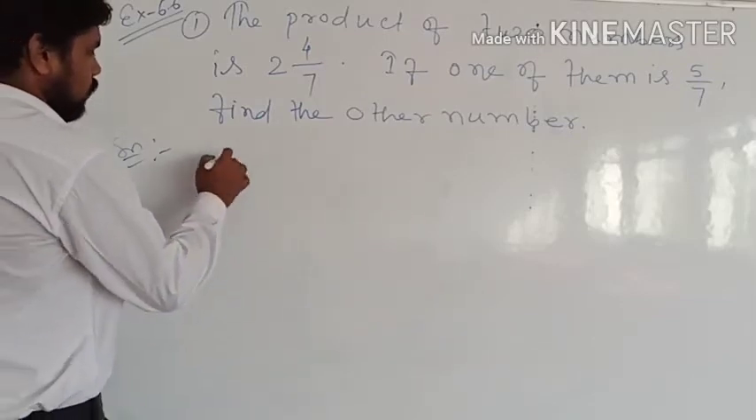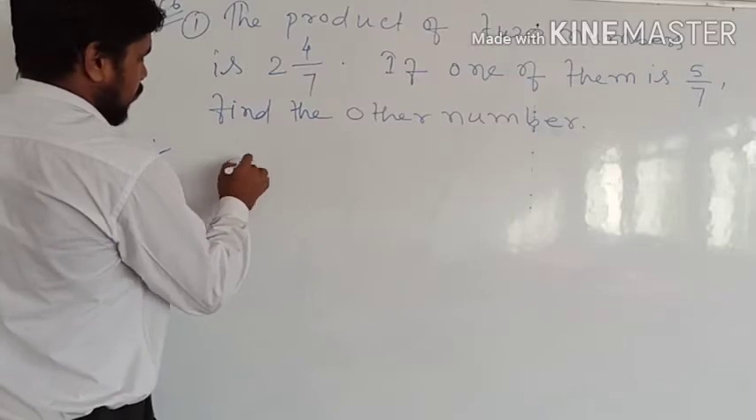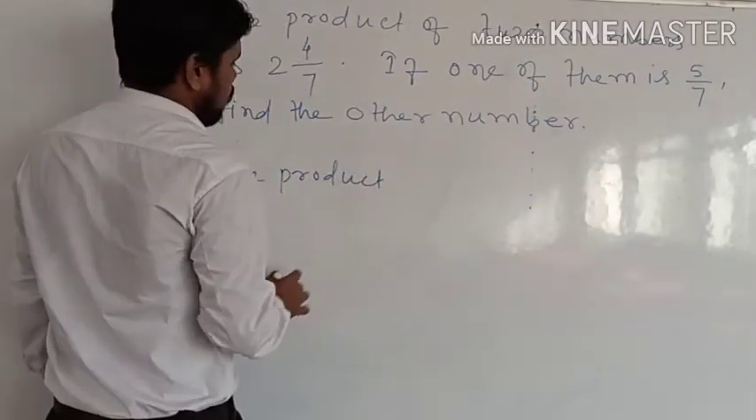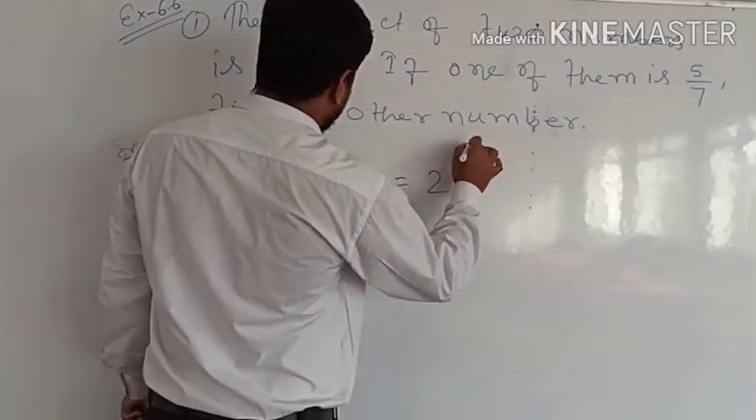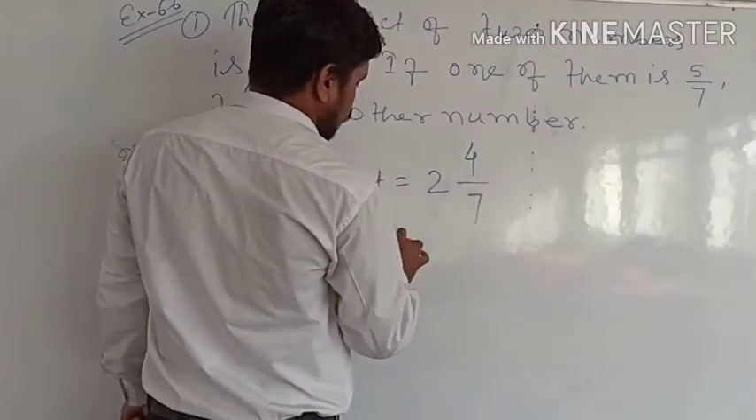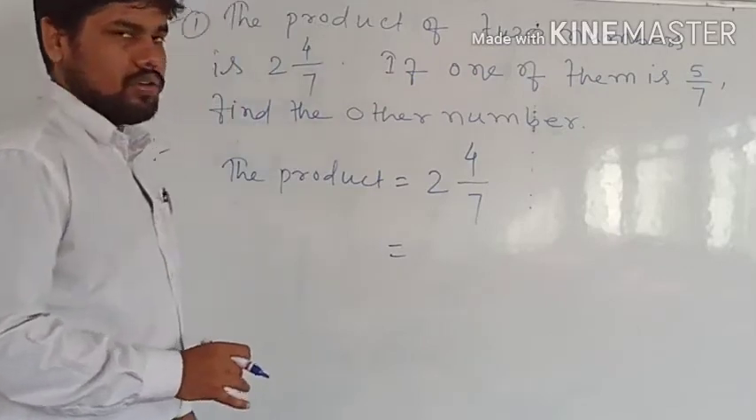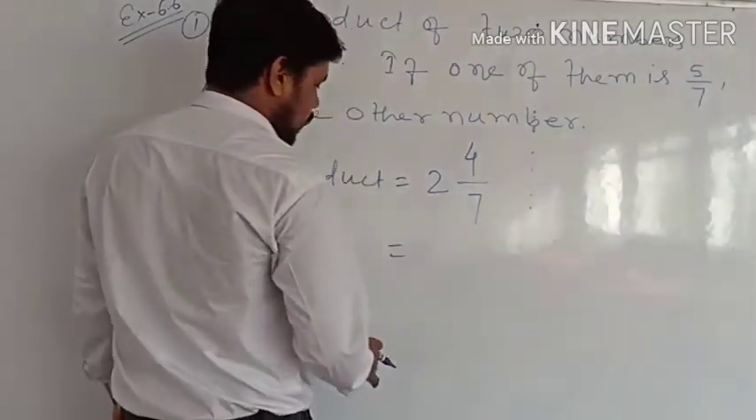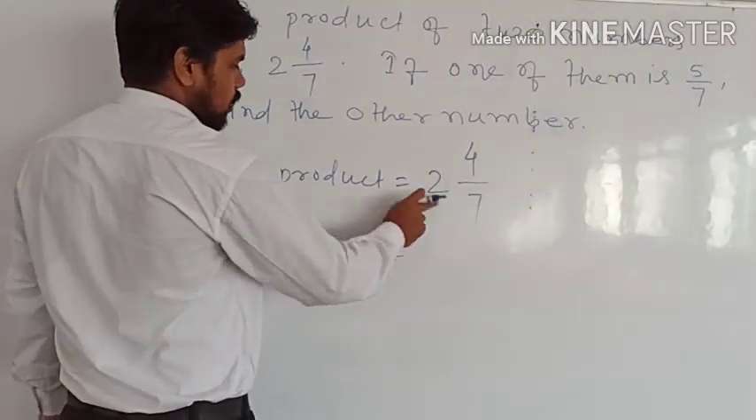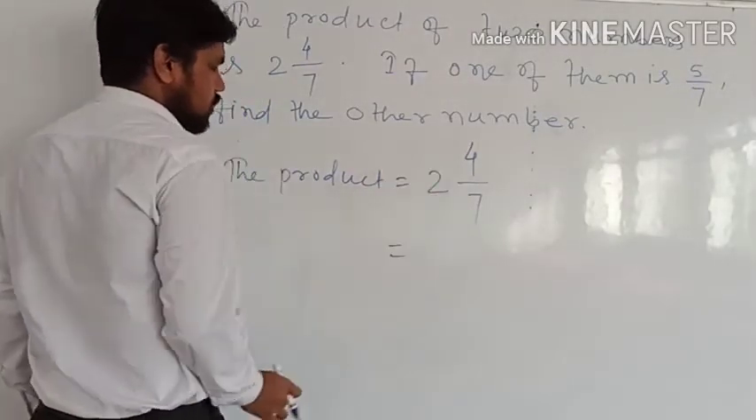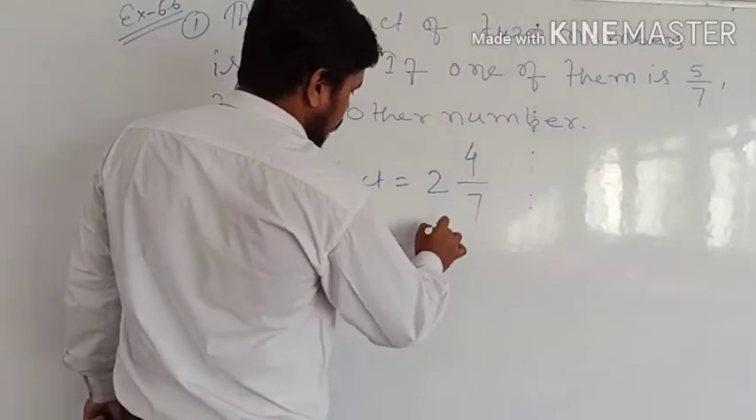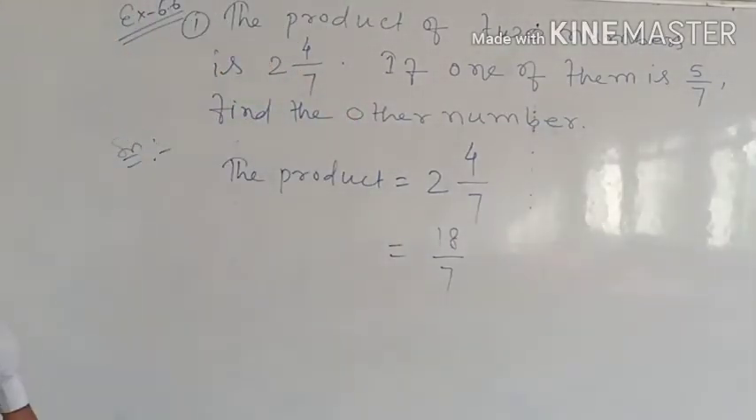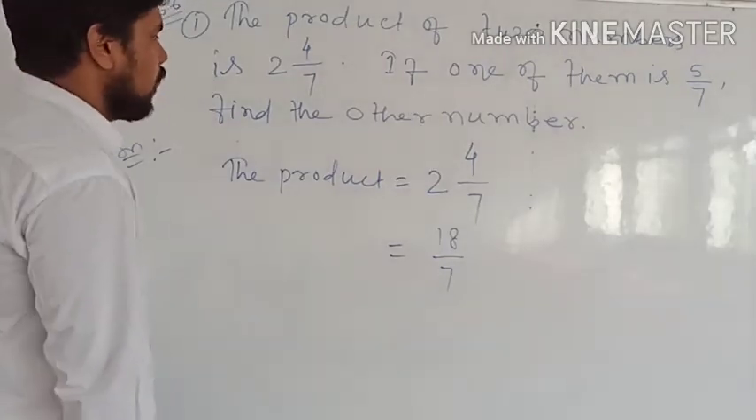So first, the product is equal to 2 whole 4 by 7. So 2 whole 4 by 7 is equal to how much? If you convert this mixed fraction into an improper fraction, then 7 twos are 14, 14 plus 4 is 18, so 18 divided by 7. So the product of those two numbers is given as 18 divided by 7,